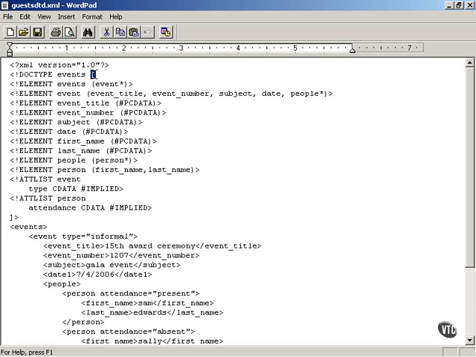You get a square bracket, and then you can declare the various elements like this. You say, with an exclamation point, ELEMENT, declare the events element, which can contain multiple event elements. And so you declare multiple event elements like this: you say event star. The star means 0 or more, any positive number or 0, of event elements can be inside the events element, and the event elements in turn are declared to contain